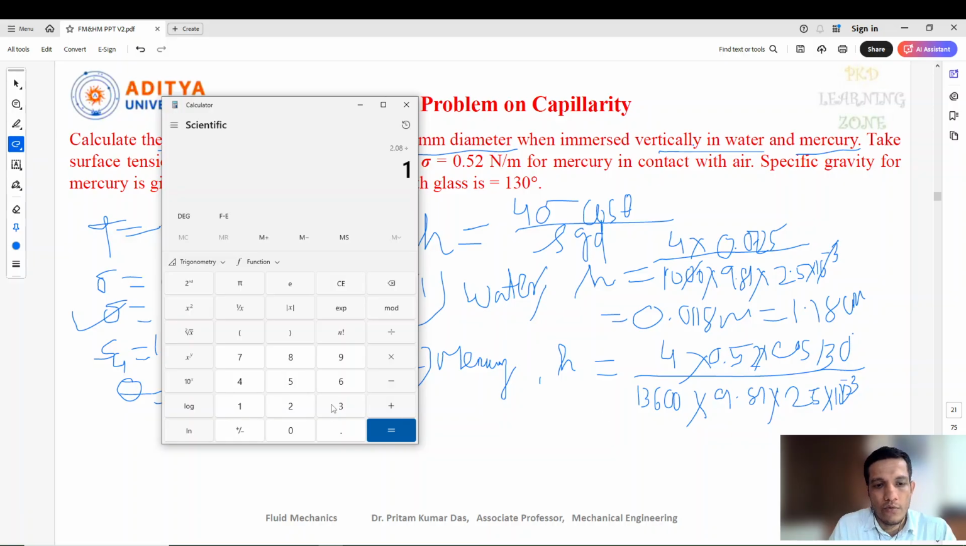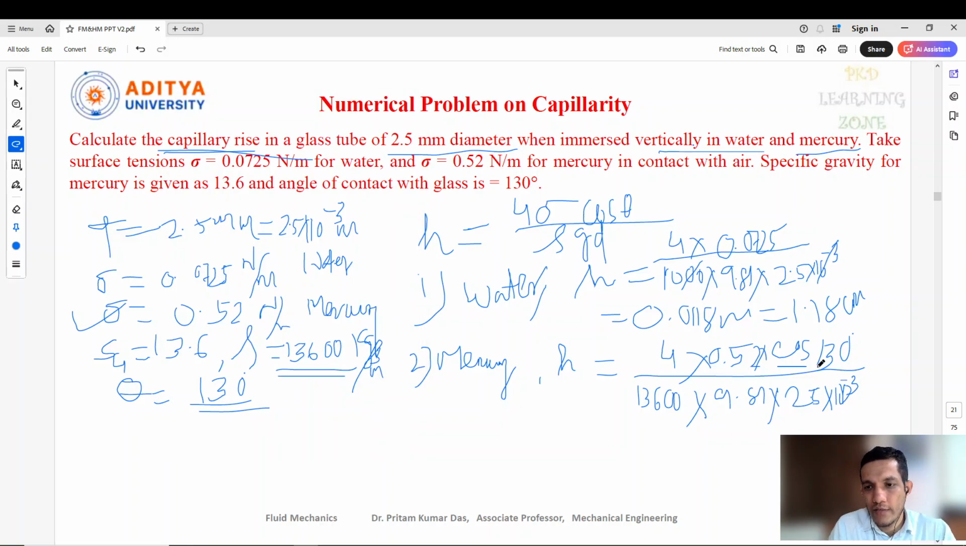So we can do 13.6 divided by 9.81 divided by 2.5, so 0.006 into this cos, this is the value, into this cos 130 value, that will come in negative. Okay, and finally I think we'll get the value of h equal to, so minus value will come here, minus